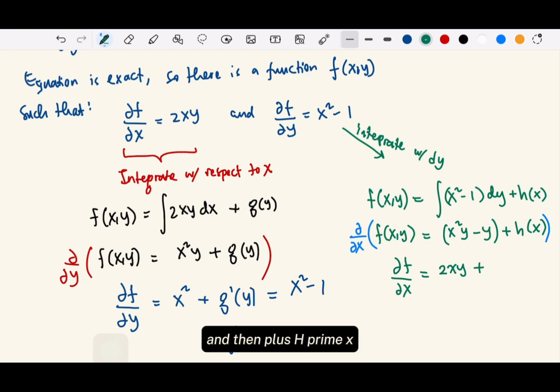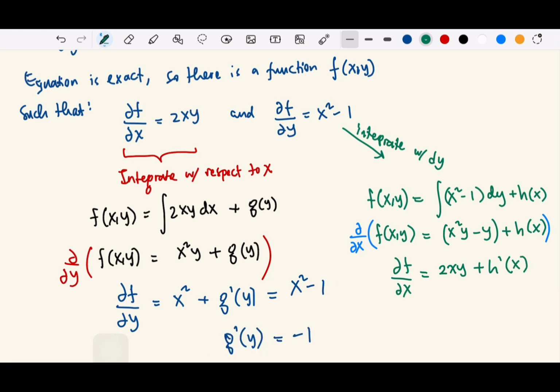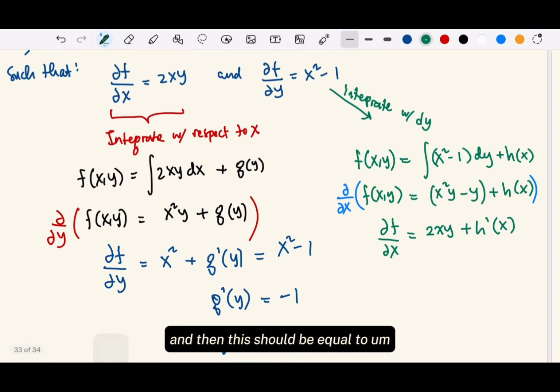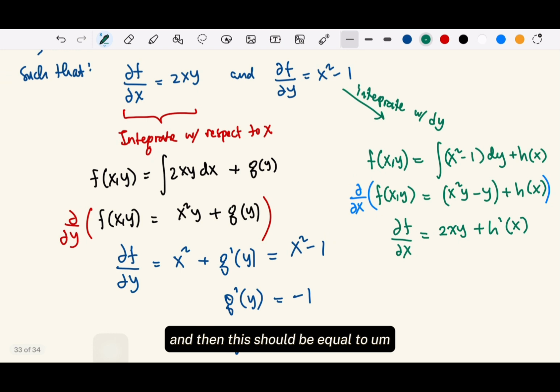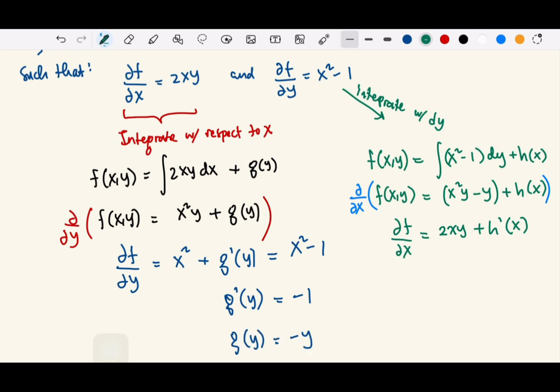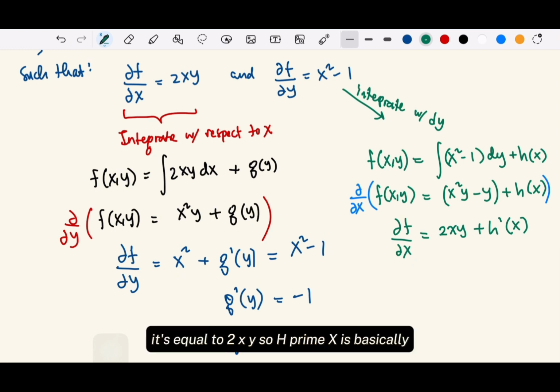And then plus h'(x). And then this should be equal to 2xy, right? It's equal to 2xy. So h'(x) is basically